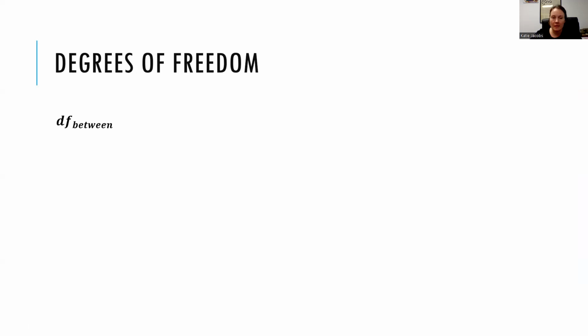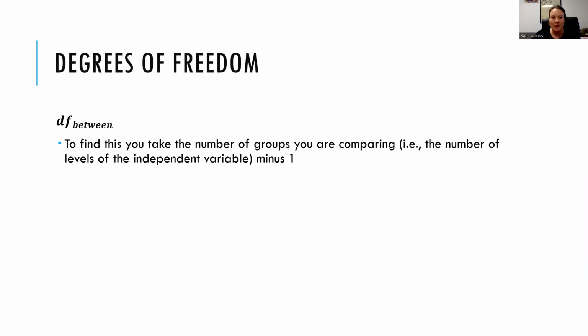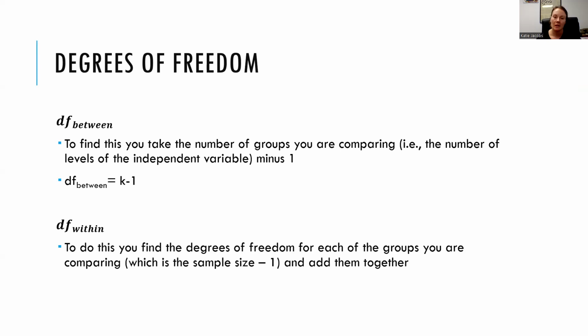For the one-way between groups ANOVA, we have two different types of degrees of freedom that we're going to calculate. We have something called degrees of freedom between. To find this number, we take the number of groups that we're comparing and we subtract 1. In other words, we take the number of levels of the independent variable and subtract 1 from it. So df between equals k minus 1. Then for our degrees of freedom within, which is the second type, we have to find the degrees of freedom for each of the individual groups that we're testing,